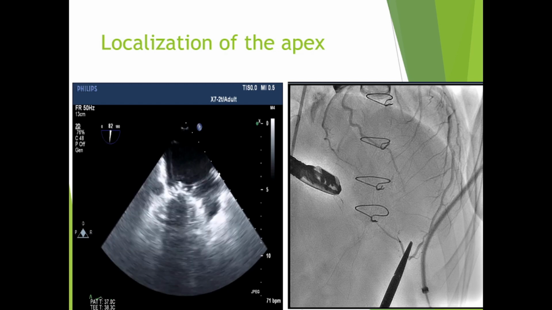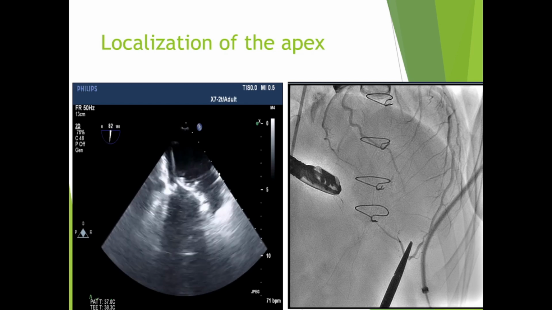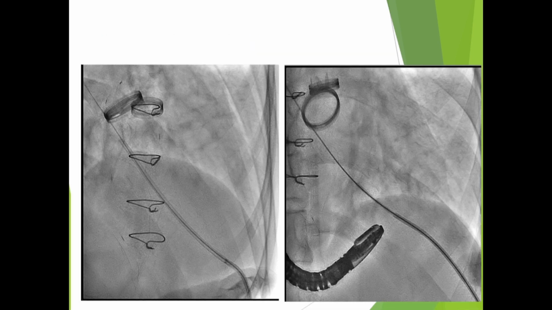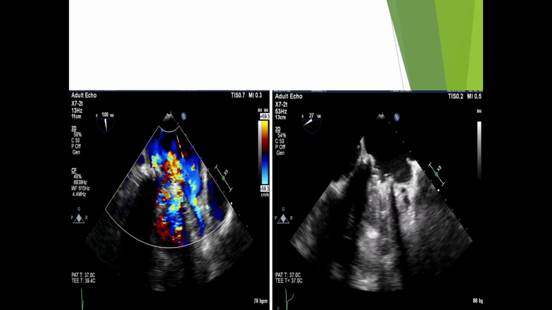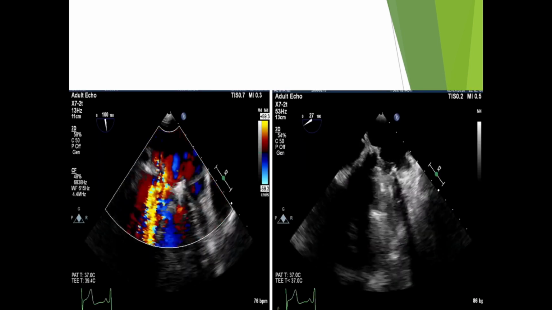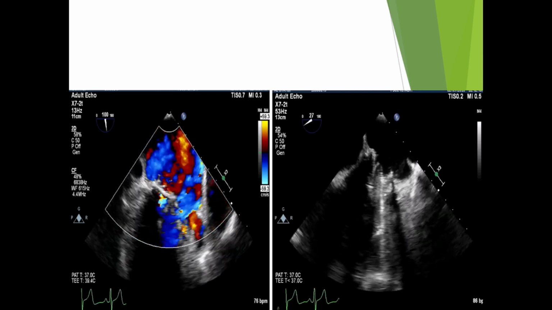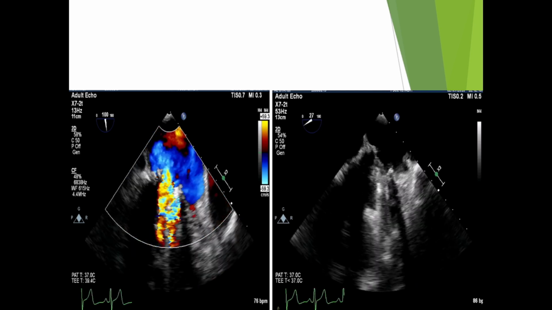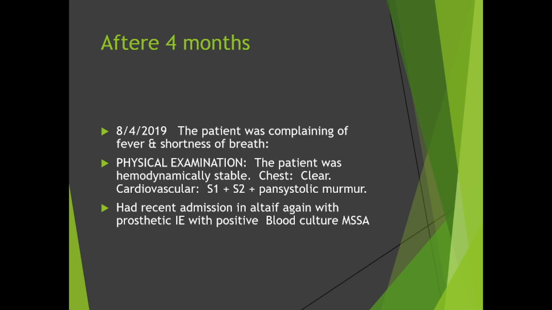So they passed easily to the medial paravalvular leak, and then here they pass the wire, and then the guiding catheter. And here you can see, to be sure that you are in the hole, that the jet has become less. After 4 months, unfortunately, the patient was admitted again to Taif hospital with fever and shortness of breath,